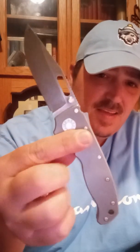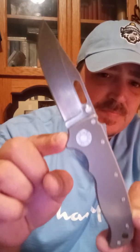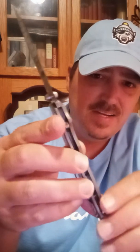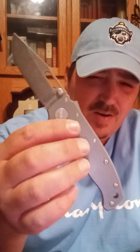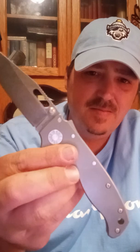Then I got probably my favorite knife so far. AD 20.5 and 3V from Knife Center. Titanium scales. Look at that bad boy. I don't have to say much about this. Most of you guys already have them. I just really dig the titanium scales. I'm thinking about sending them and having something done, either fragged or I don't know. I might get it a nice DLC on it. Not sure, but it's just